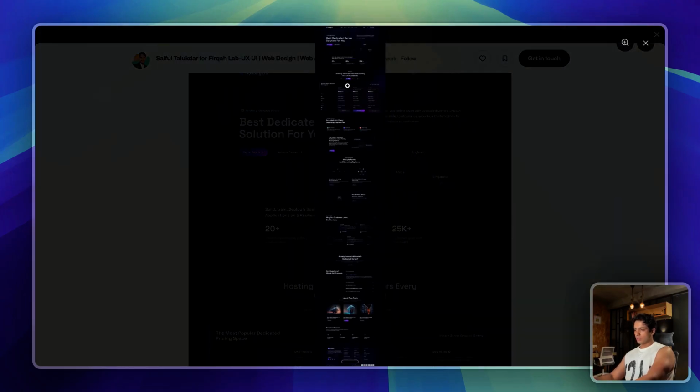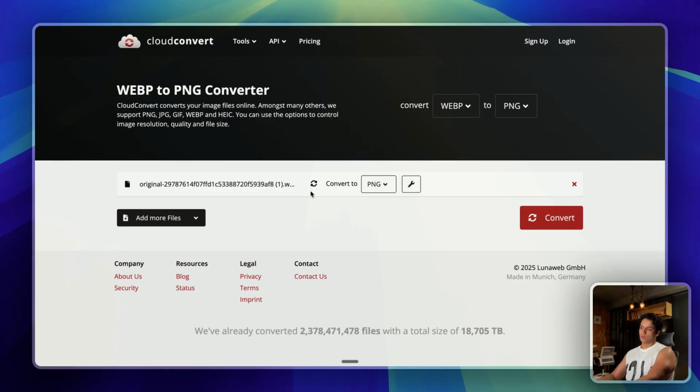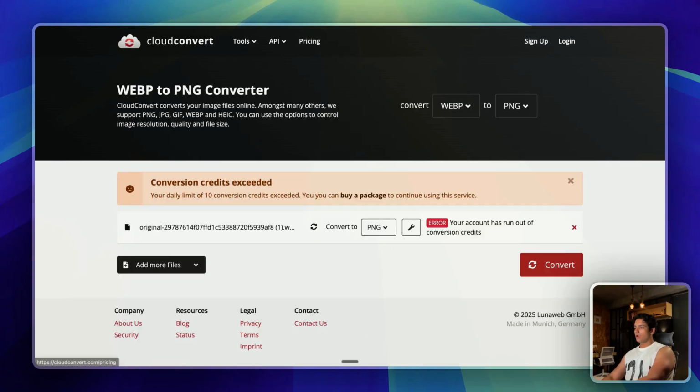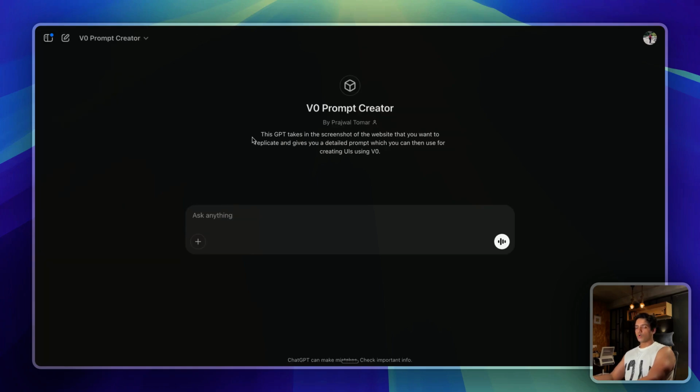What I do is I just save the image. Okay, I just realized that it was saved as WebP. For this you can go to a WebP to PNG converter. You can just put this WebP file here and it will help you convert it into PNG. So let me do that. Okay, so once it has been converted into the PNG format, what I usually do is,